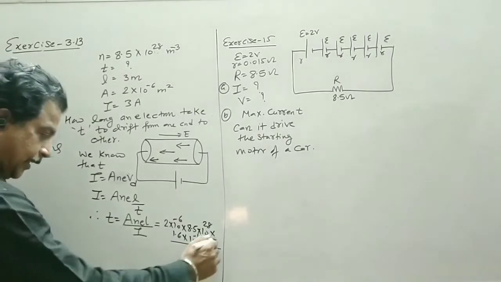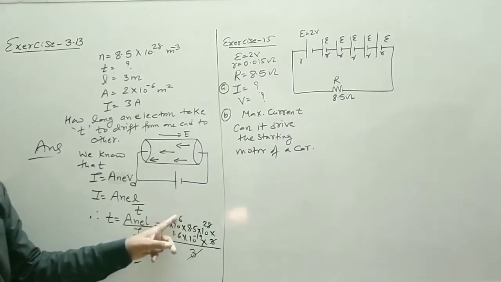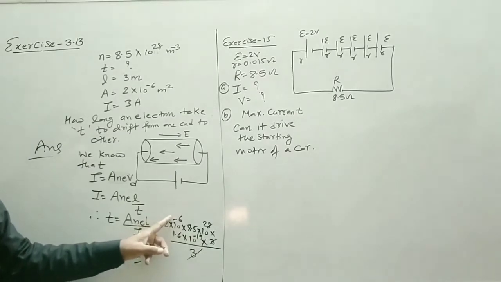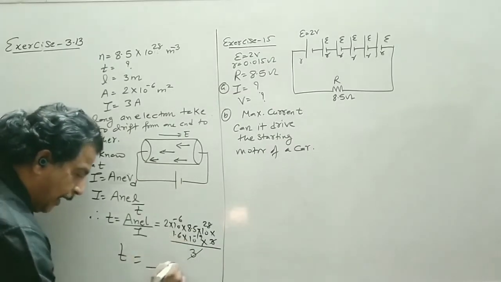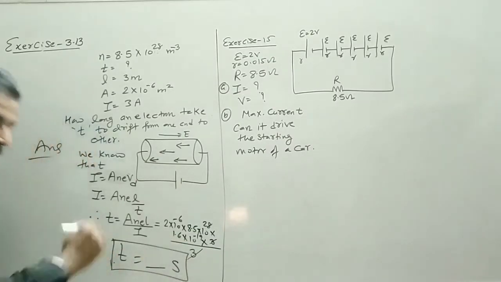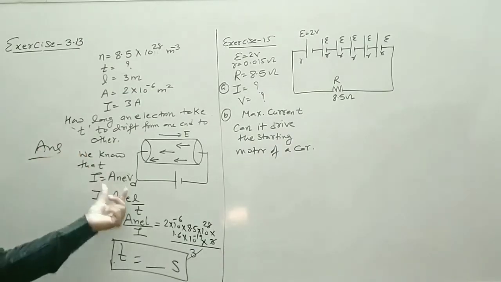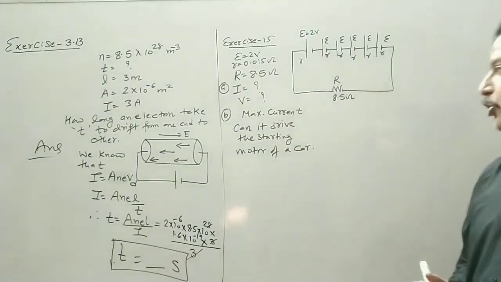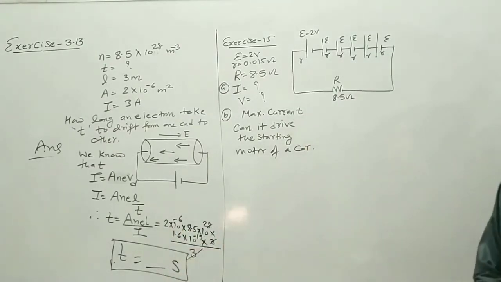So this 3 gets cancelled. So you do this calculation. This is minus 19 minus 6, so that is minus 25, and minus 25 and 28, 10 to the power 3. You multiply all these numbers and simply find out the time. This time will be in seconds. So this is the direct application of the formula. This second can be converted into minutes or hours as the situation may be. If it is an MCQ, here the SI unit is second, so here you will get the answer in seconds.